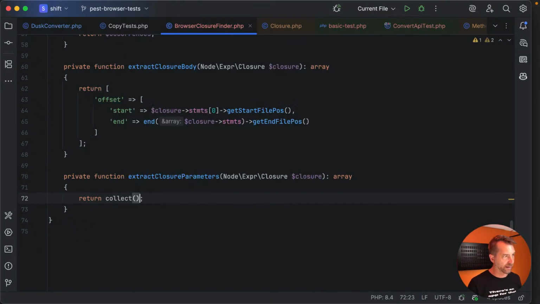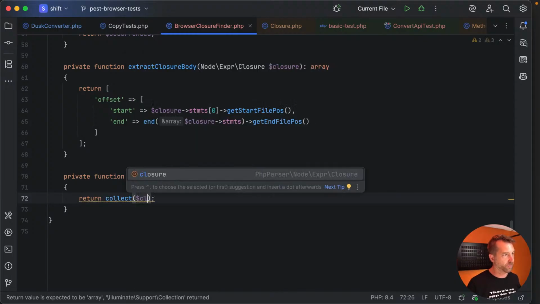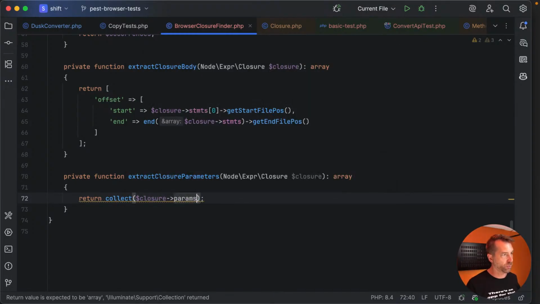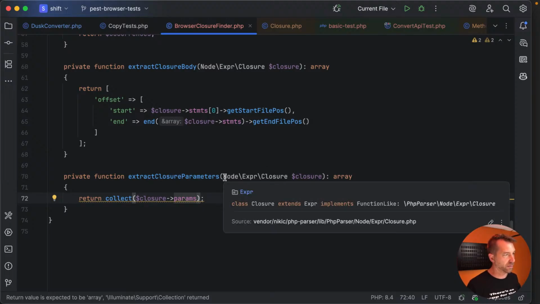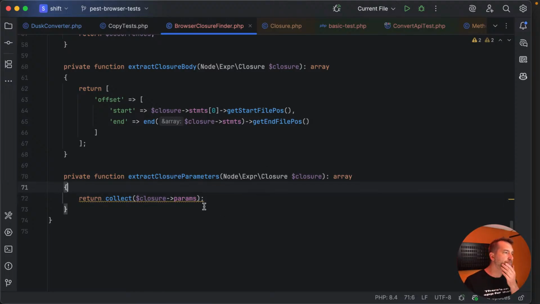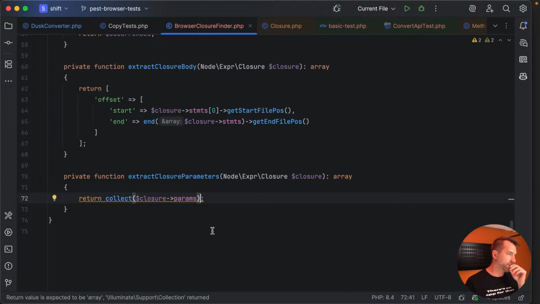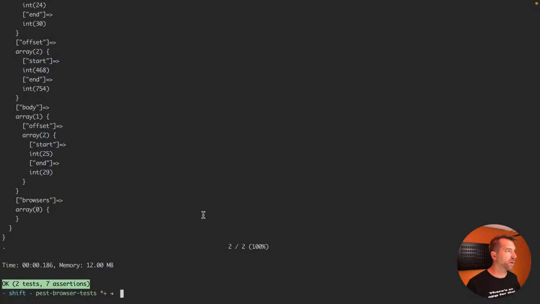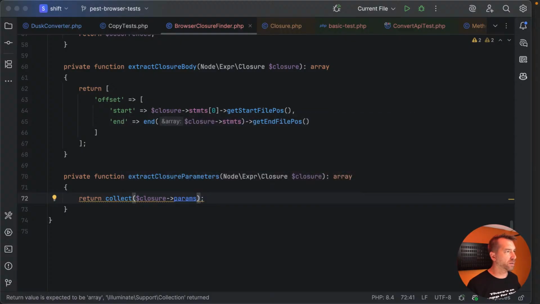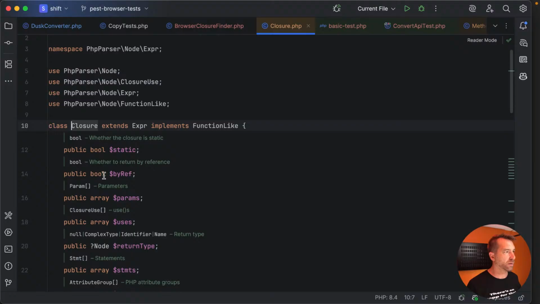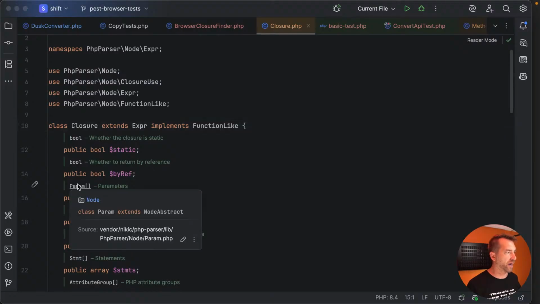So let's collect closure params. This will be a params array, right? And really what we want, let's go look at that again. Sorry. We got an array of params,